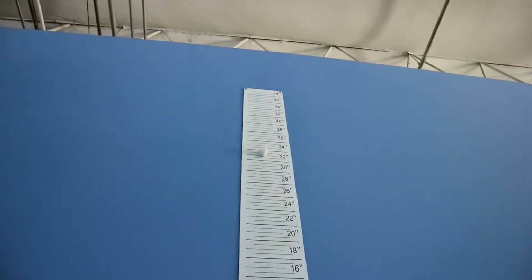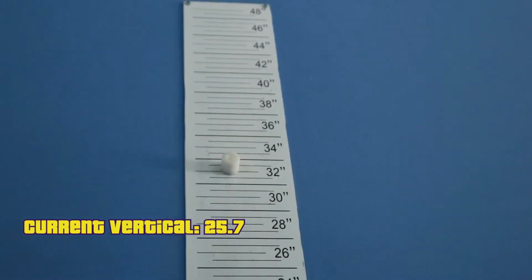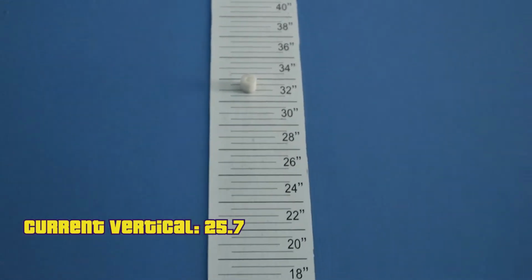So the way things are looking right now, it seems as though I've actually increased maybe just 1 inch so far. So the training is still really good, but I want to see just what effect it does when I roll